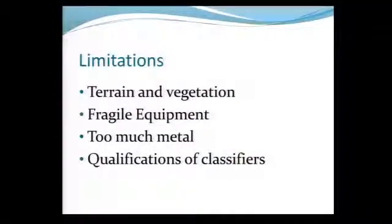Now, this is not a magic bullet. It doesn't work in all terrains. It doesn't work if the vegetation is too dense. The equipment, the metal mapper I showed you, is still fragile. They don't make enough of them that they've figured out how to harden them so it doesn't break down. There are places where there's too much clutter, too much metal in the ground. And there's too much metal,